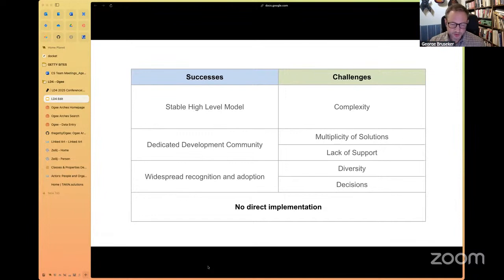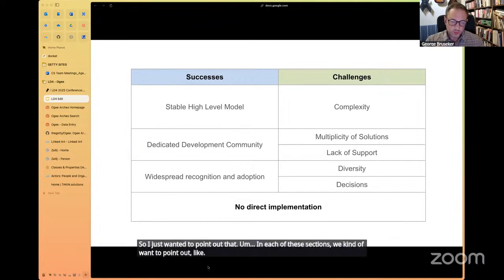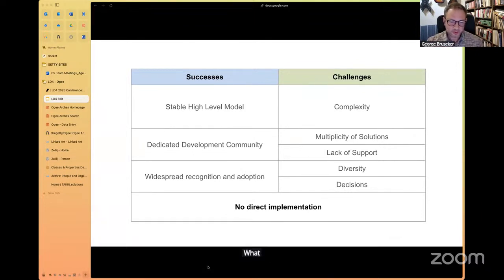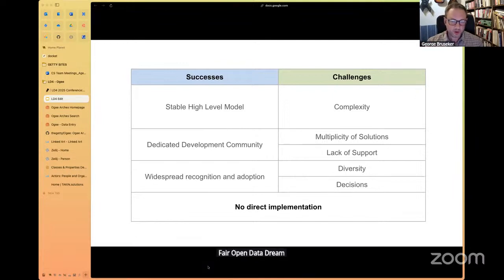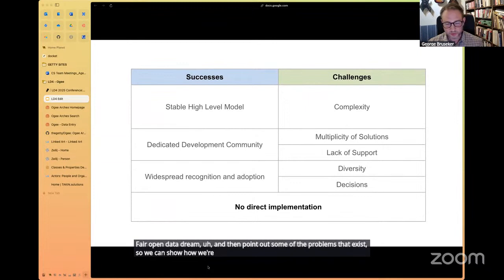So I just wanted to point out that in each of these sections, we want to point out what strengths are brought by these pieces of the puzzle to trying to reach the FAIR open data dream, and then point out some of the problems that exist so we can show how we're trying to solve them with OGEE.